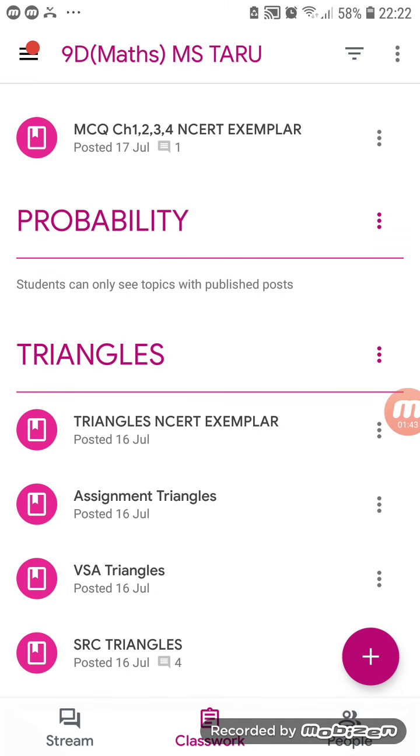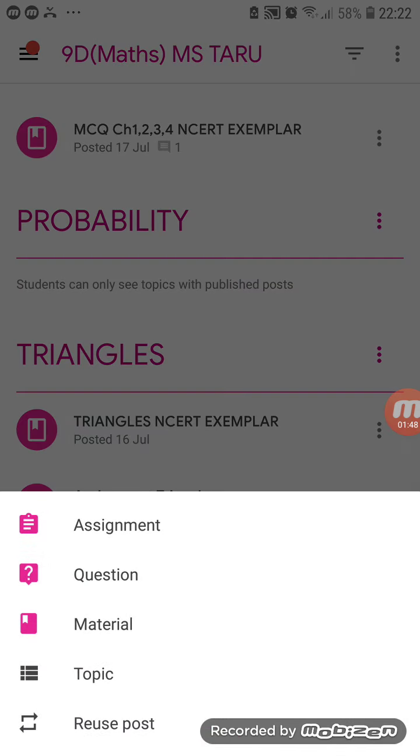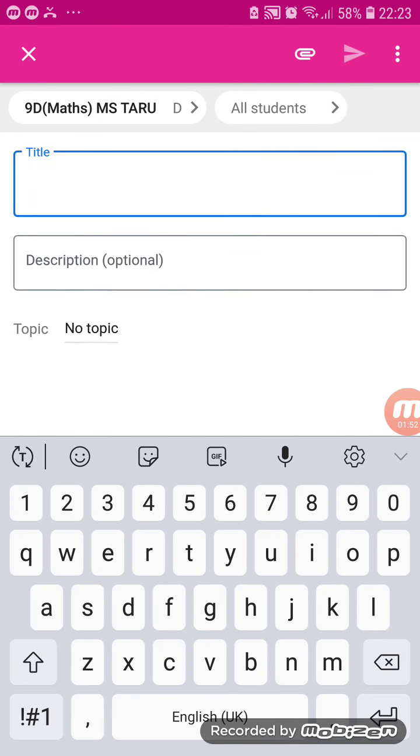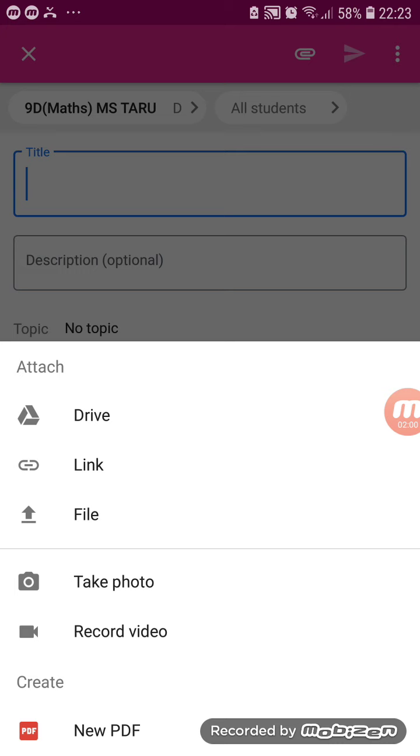Now to the topic I can add material. So I will again click upon plus, then click upon material, and then I am supposed to add certain topics. I will move to the pin sign at the top and click the pin sign.